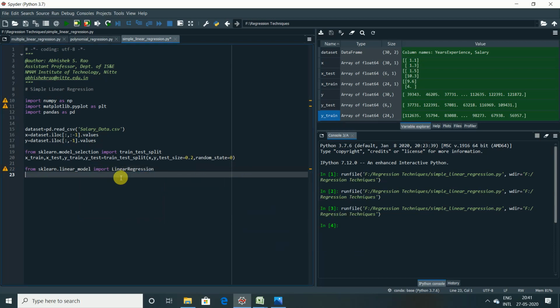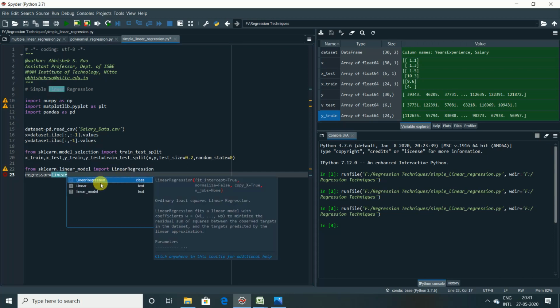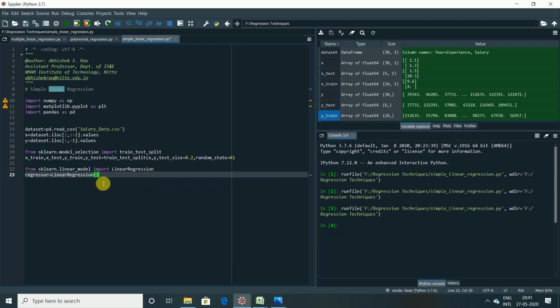Now, as I already mentioned in my earlier lecture, once you import any class, we have to create an instance of it. How do we do that? We require an object, regressor, and we just call the class name LinearRegression. No need to pass any arguments for this.